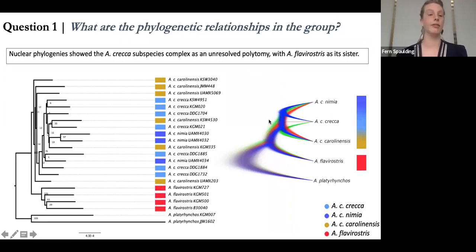However, in contrast, our nuclear phylogenies both showed the 3 subspecies of Anas crecca to show an unresolved polytomy, with the South American yellow-billed teal, Anas flavirostris, being sister, again shown here with unresolved, low supported bootstrap nodes within the 3 subspecies of Holarctic green-winged teal. And again, this shows the same relationship over here with unresolved structure between the 3 subspecies of Holarctic green-winged teal, with the South American yellow-billed teal being sister to this complex.